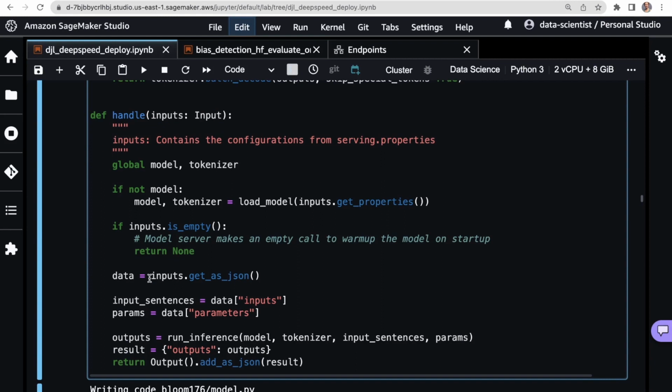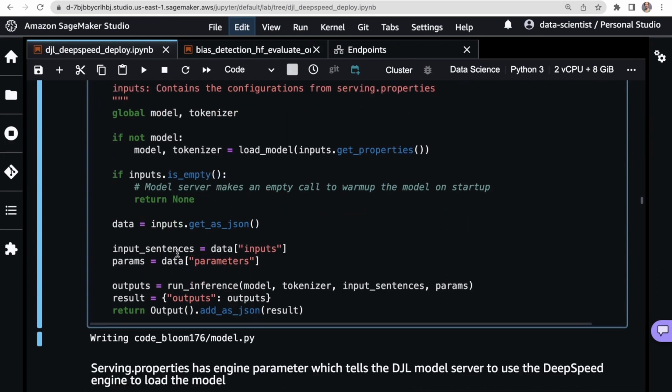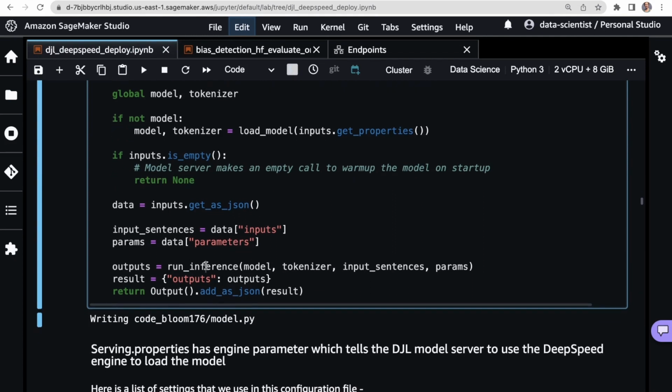So inputs, and then you'll just write that get_as_json, and you'll get your data. Likely you set it as a JSON here. Then from that, we'll get the input sentence, and then we'll get the parameters, and then just try to run inference using everything as last time, using the model, the tokenizer, the input sentences, and the parameters. And then you'll get this output, hopefully, and then put the outputs in this new object, package that up, and then send it as a JSON.